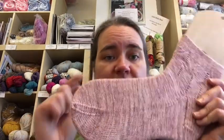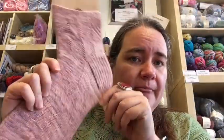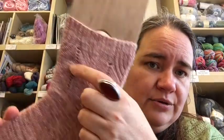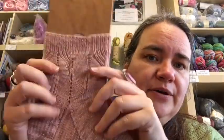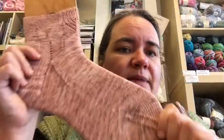Okay, so next project is another sock, and these are my banyan leaf socks, and I think I showed you the first sock in my last video as almost finished. I just had the toe left to pop in there, so that one is all finished now. It's got this gorgeous pattern at the top of the sock, see there on both sides,